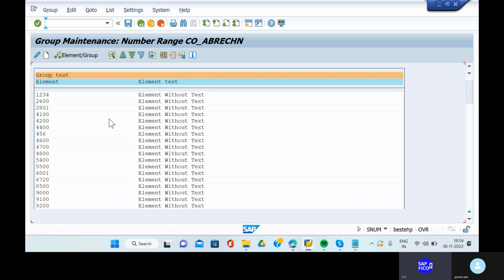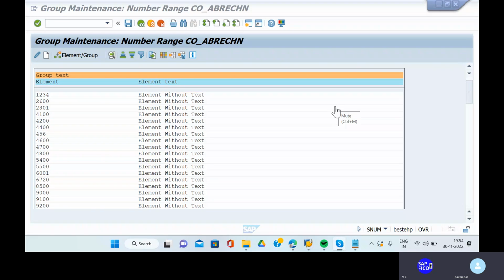We don't have controlling areas, right? Till now, I think so. We don't have, we have to create. Yeah, okay. We have to create the controlling area for this settlement process and all. Okay. Then what we need to do is,